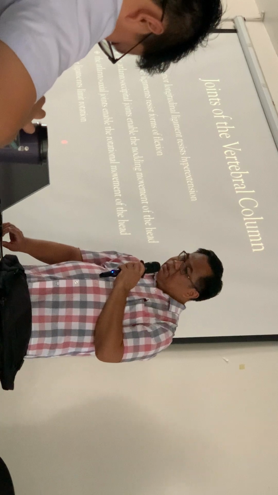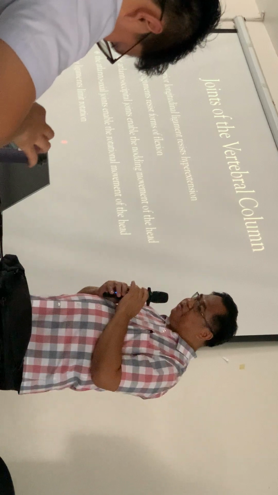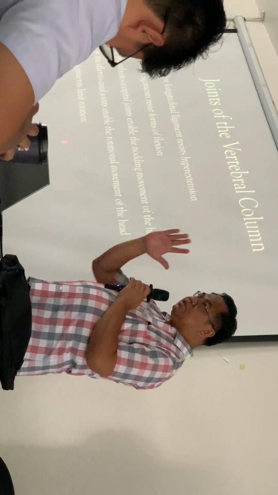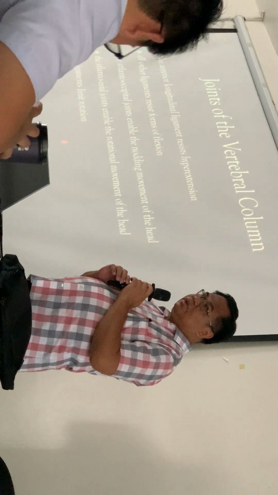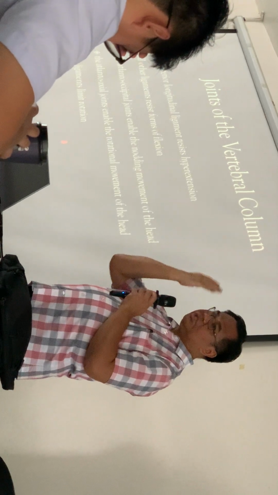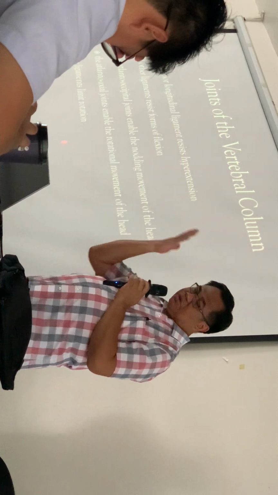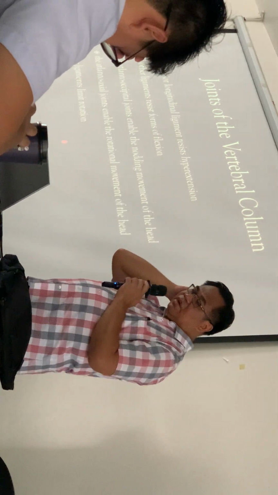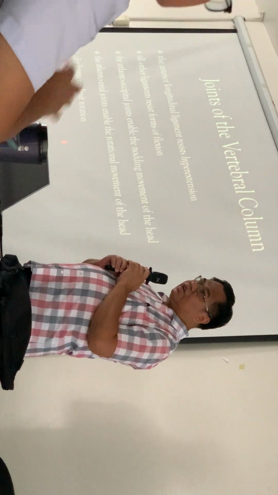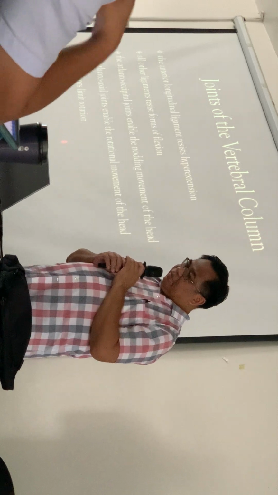So there are also ligaments connecting the vertebrae. We have an anterior longitudinal ligament that is just in front of the bodies, and it will prevent hyperextension, too much extension of the neck. So that ligament will prevent that. There are also other ligaments in the back, and all the other ligaments will resist forms of flexion. So too much nodding down will be resisted by all the other ligaments.